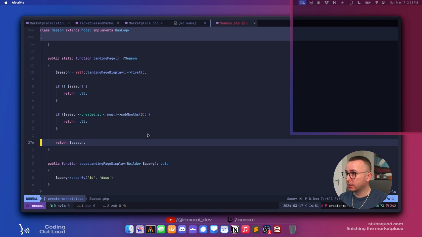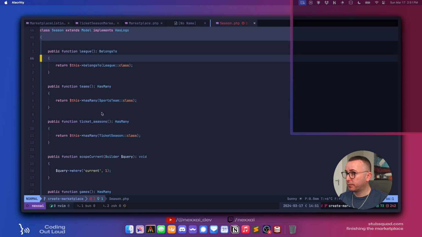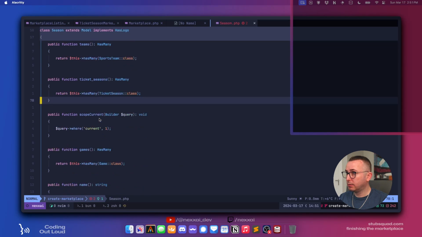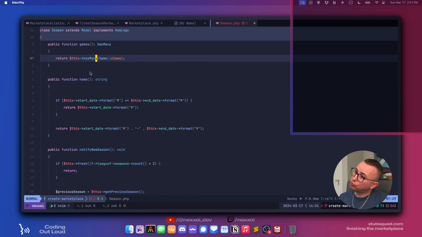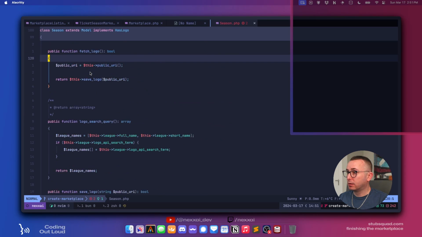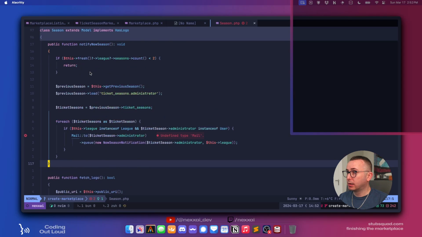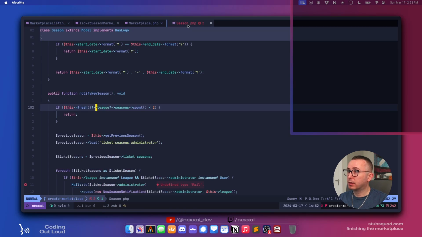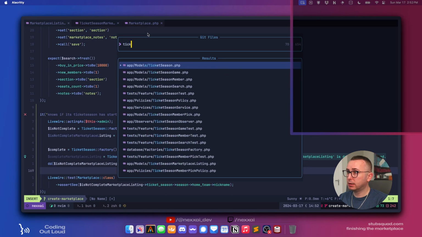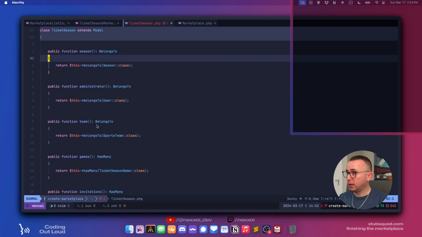What is the teams? Okay, so on the ticket season, is it the home team?